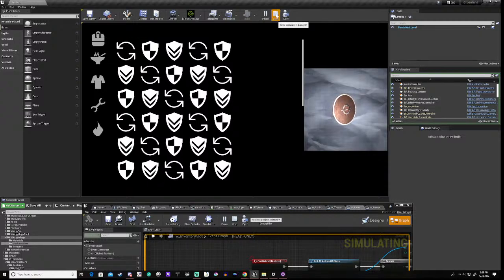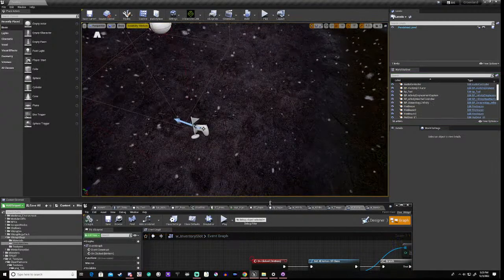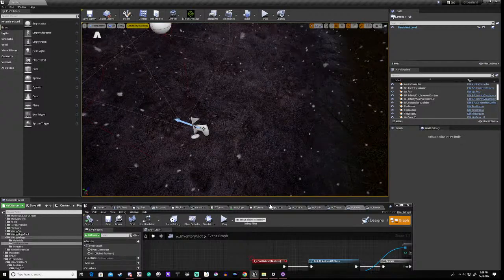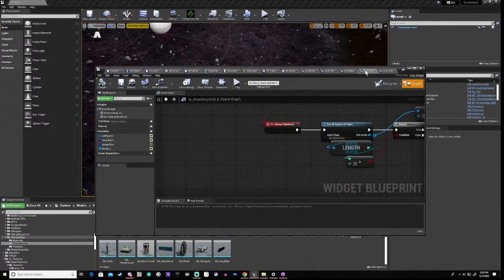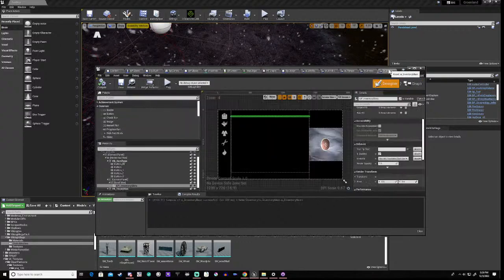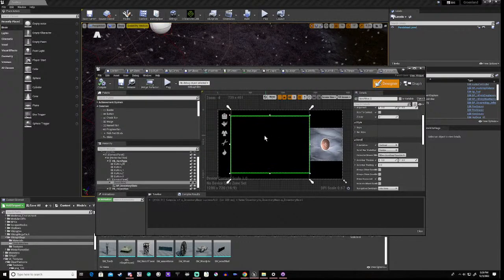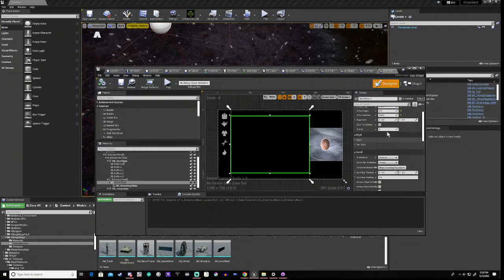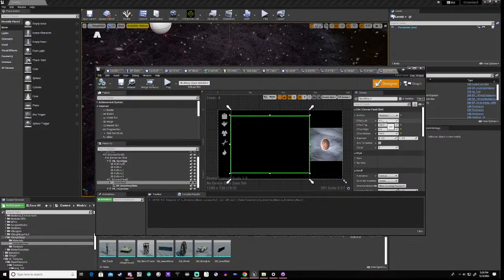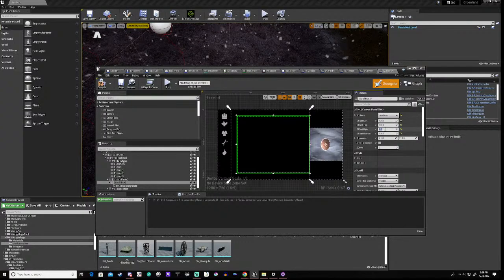Okay, and if we go to here again, we can offset this and this is going to give us a much tidier